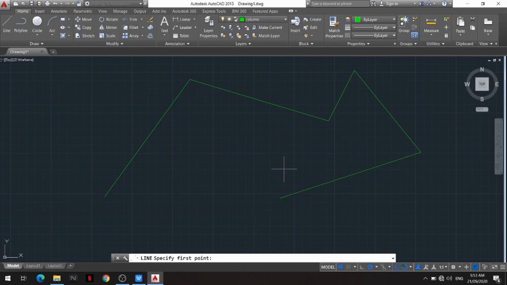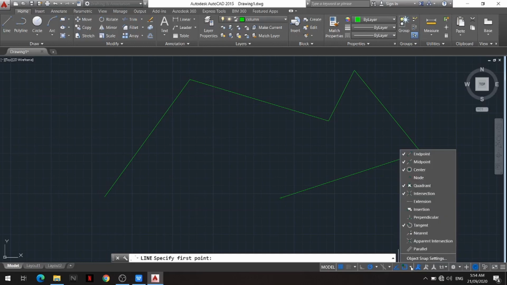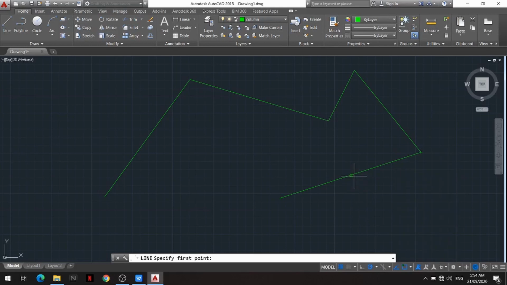in the intersection of this line. If I project a line here and a line here, so object snap tracking are these green dash lines which track horizontally and vertically from a specific object snap. Just like this. So if I want to snap it from the midpoint, above the midpoint right here,